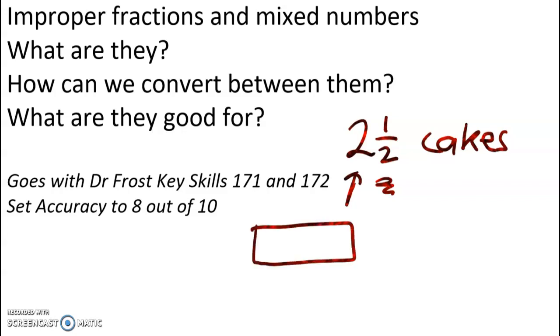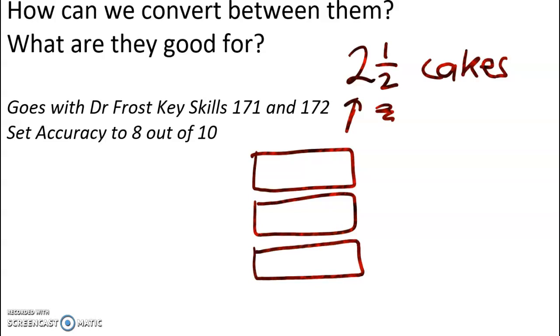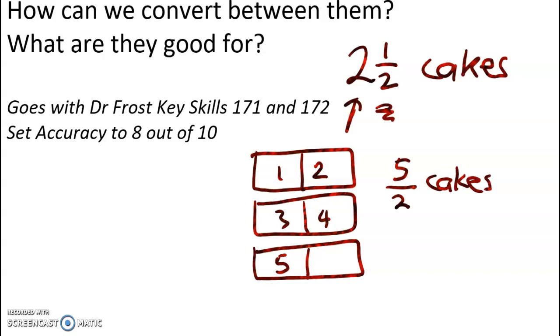So the basic idea here is that if I've got 2.5 cakes, I've got 2 whole ones and half of that third cake, right? So I've got 1, 2, 3, 4, 5 half cakes. We'd write that as 5 over 2 cakes. Now, it would be pretty weird if I asked you how many cakes you'd eaten and you said I'd had 5 over 2 cakes. But when we're doing multiplication and division, especially with fractions, that's what we need to be